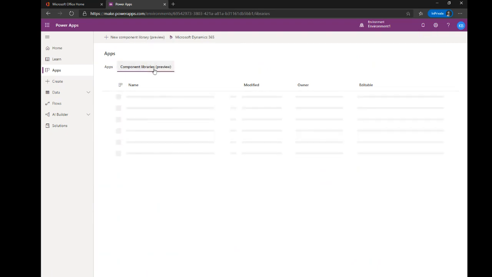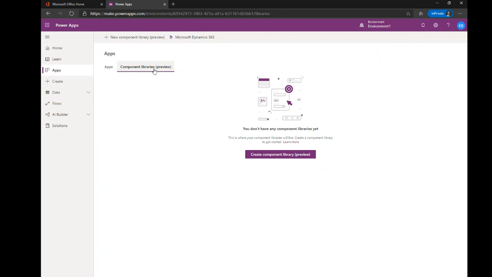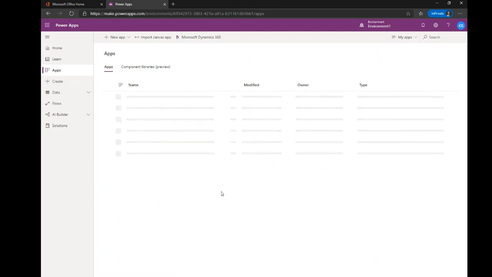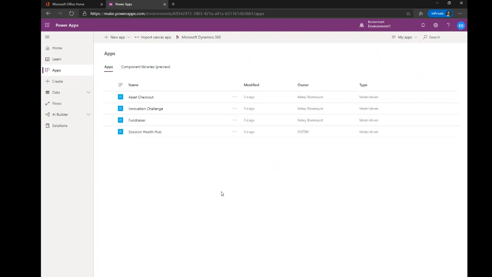And it also allows you to see component libraries. Now, if you're creating custom components that you want to reuse across apps, you can create a library, add those components here, and then install or import them into your different environments for you to use in your Power Apps. An example would be, let's say I had an app and I wanted a navigation component, like a nav bar like this almost with different icons and labels, and I want it on every page. I can create this component and then I can reuse that across multiple pages in my app